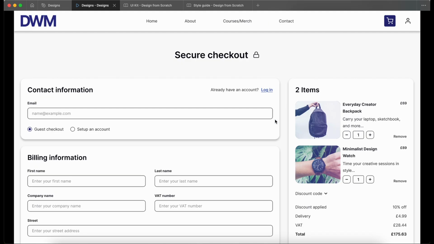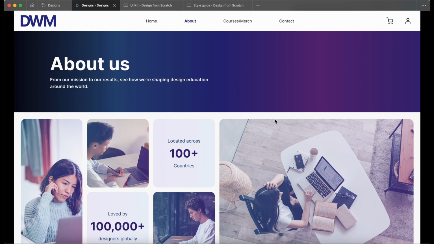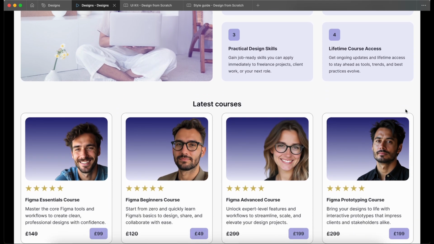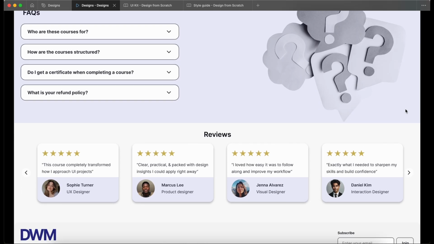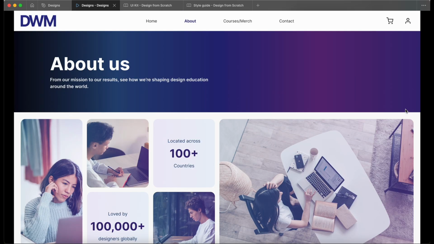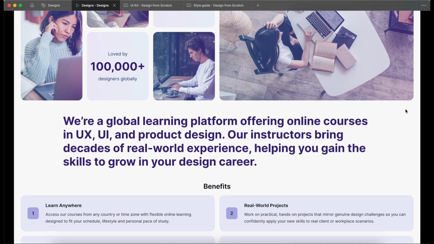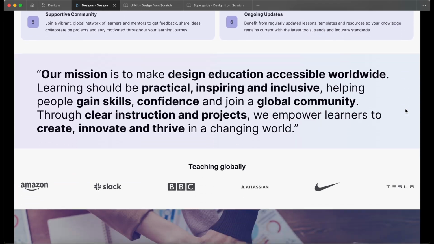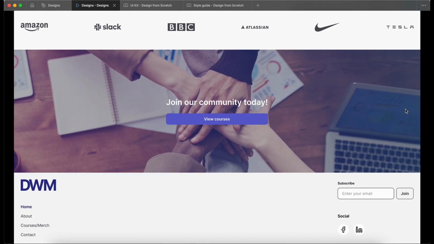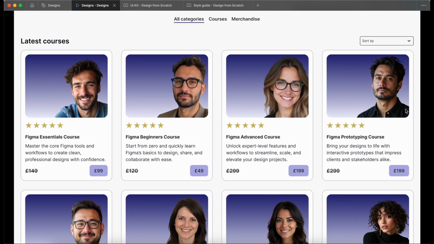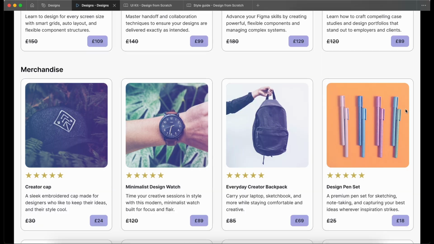Okay, let's go on the keyboard. Let's go left on the arrows. Okay, let's go from the home page. Let's see where we started, and let's go across the different pages. So home page, got our latest courses, FAQs, reviews. Click right, we've got our About Us page, all those different cards at the top, our benefits, our mission, and then into the footer. Click right again, our courses and merch page, all the different courses, all the different merchandise